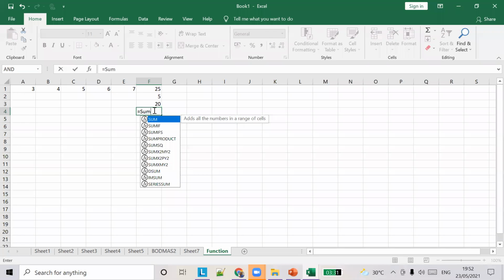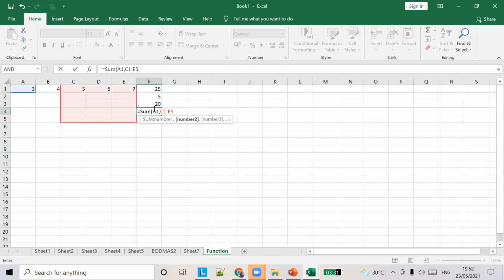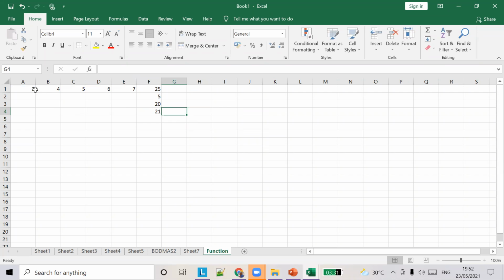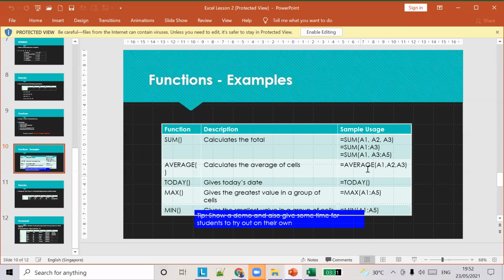What I've done is sum A1, comma, C1 to E1. Now we have excluded B1 and used a range. Now we are going to calculate average 21. So we can combine the comma separated values and range also, something like this. This is another example.